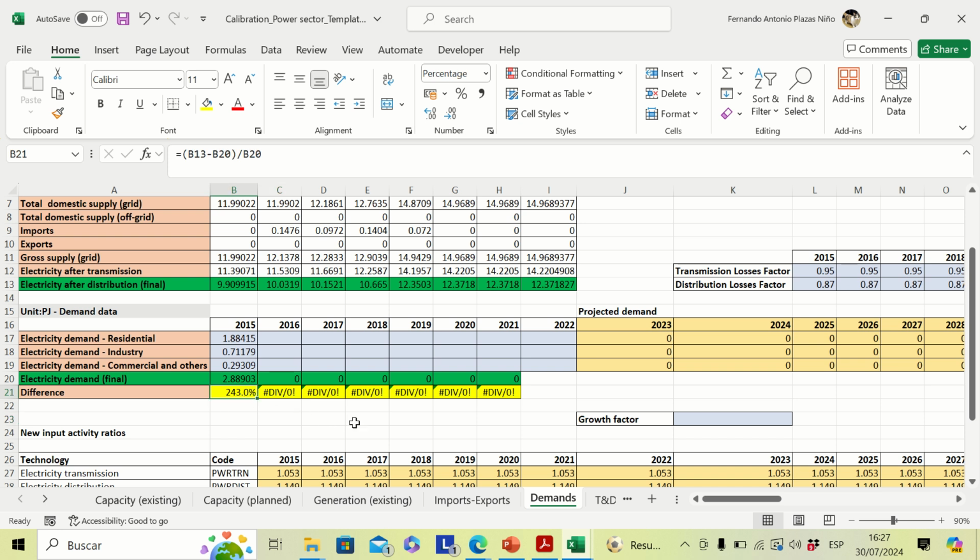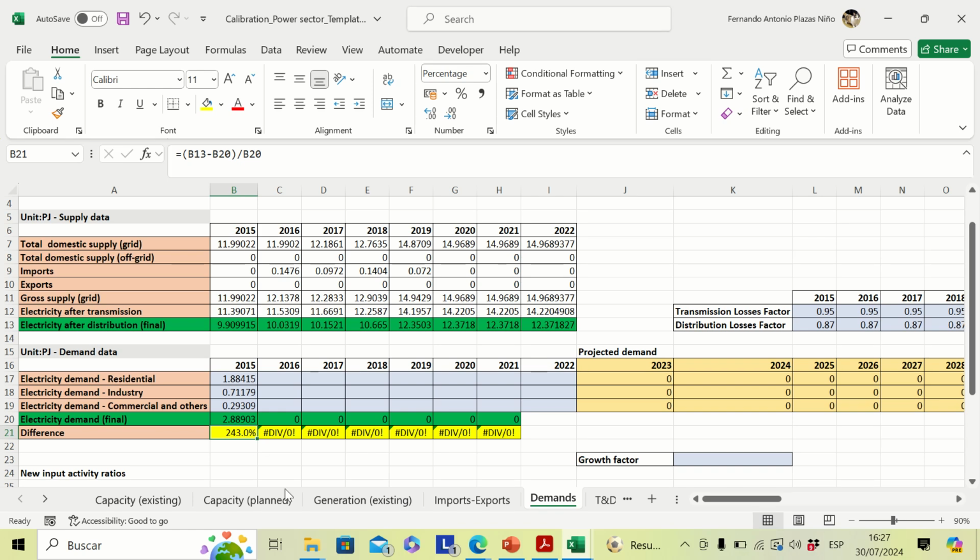Notice that right now you have a very big difference. I have to say that probably the values are not the most accurate ones, so that's why the difference is quite large. But if you are using good resources, probably the difference will not be so high. Now the idea is how we can correct this, because the behavior needs to be good. So here we are going to play with the transmission and distribution losses. If we manipulate these values doing some kind of trial and error, we can try